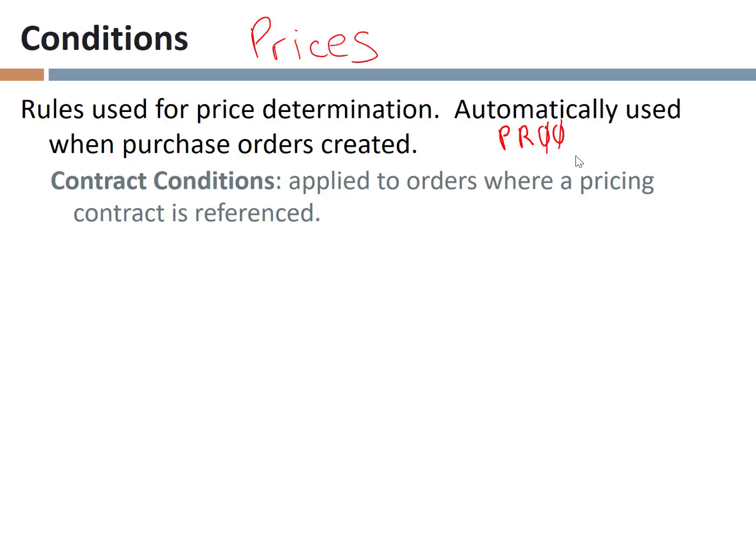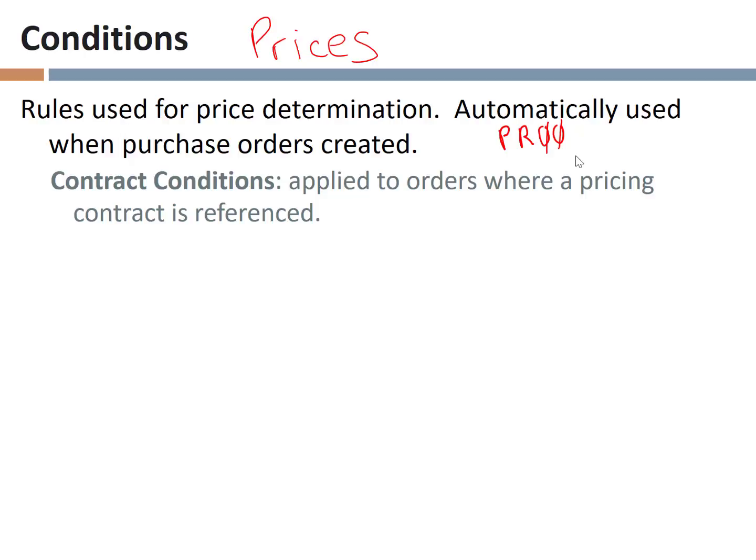Well, in this situation, that contract might say things like, we have to buy at least this much Coca-Cola from you every year. And so when we place a purchase, the system's going to look at that and say, okay, we haven't fulfilled our contract yet, so we have no latitude here. We have to order from this particular vendor, and this is the price associated with it,